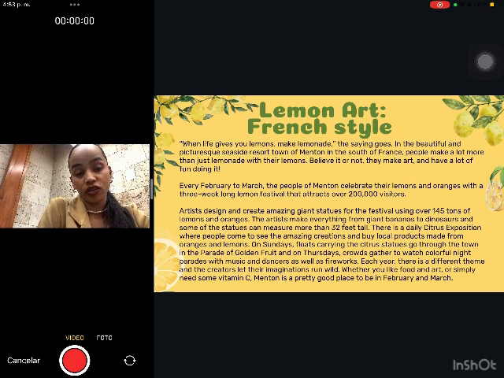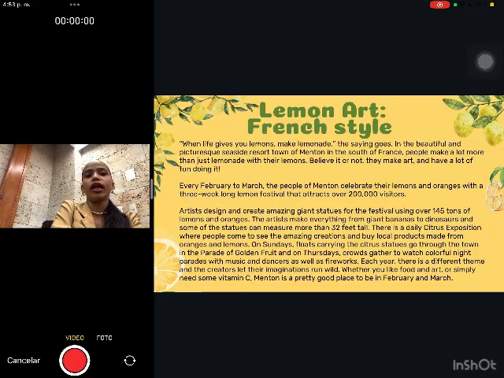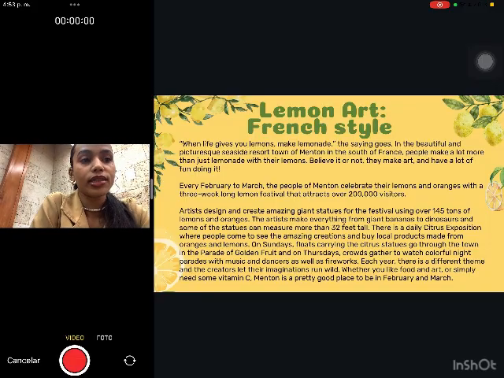Lemons are French-style. When life gives you lemons, you make lemonade, the saying goes. In the beautiful and picturesque seaside resort town of Menton in the south of France, people make a lot more than just lemonade with their lemons. Believe it or not, they make art and have a lot of fun doing it. Every February to March, the people of Menton celebrate their lemons and oranges with a three-week-long lemon festival that attracts